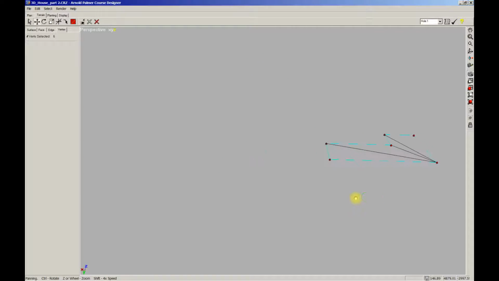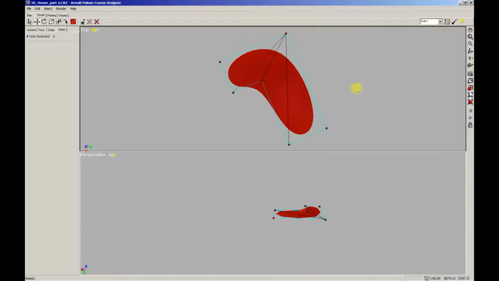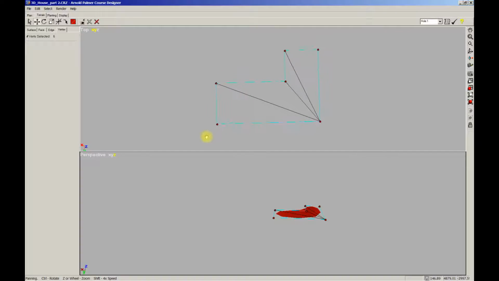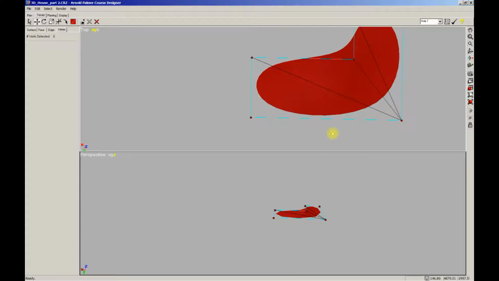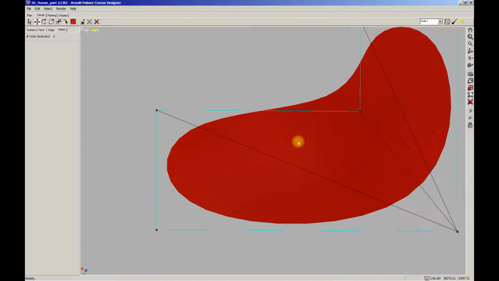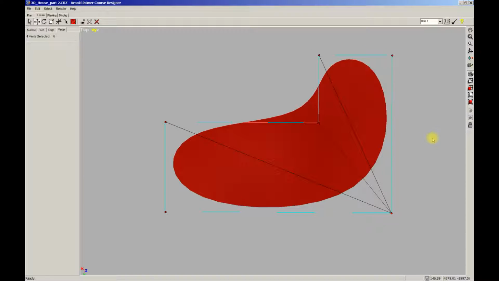So here we are out in space, and I'm going to select the top view, and I'm going to then divide this up into the sections that I need for my peaks. So I'll need edges going straight down the middles of these to create the peaks of the house. I'll put one here in this center, and I'll need one down here at equal distance away, so I can get that by